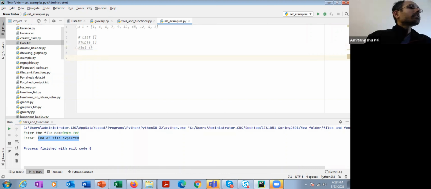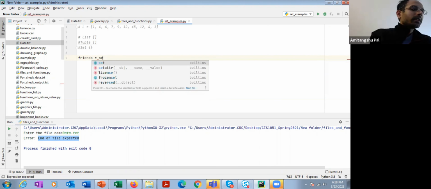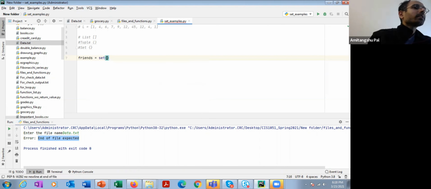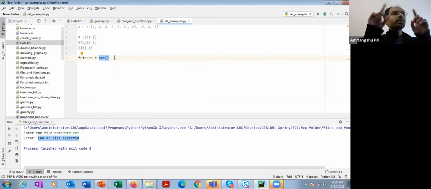Next, let's see how we can define an empty set. For example, I want to list my set of friends, and I want to start with an empty set. An empty set can be defined by using the keyword set with parentheses and nothing inside.